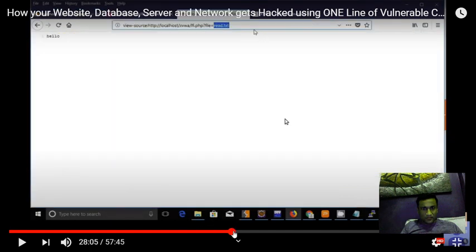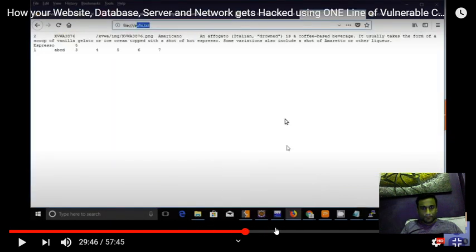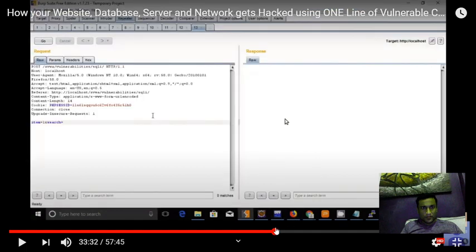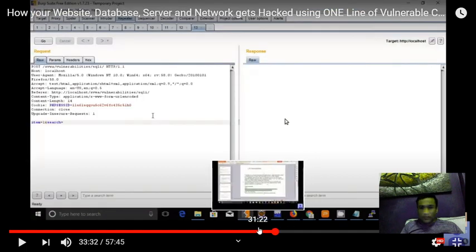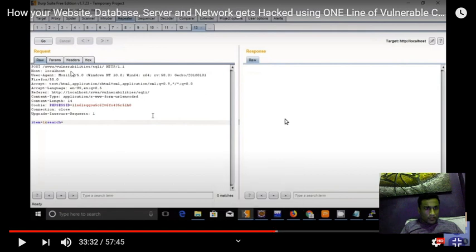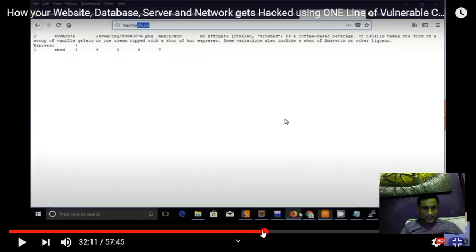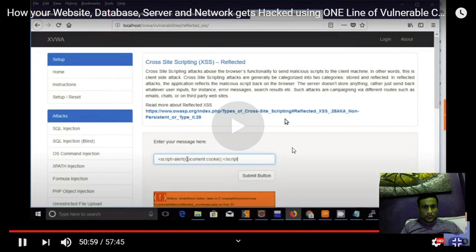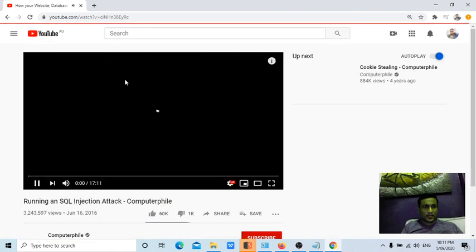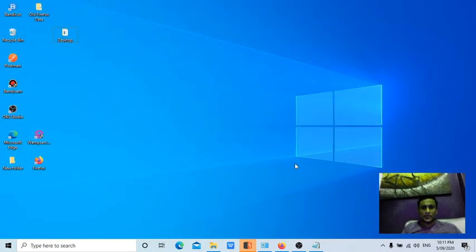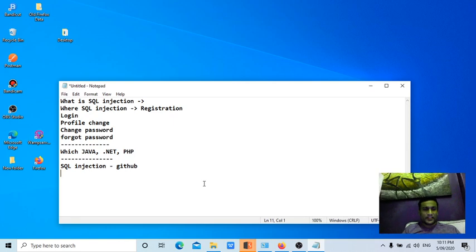We are checking for something. Okay, yeah, so I was checking the XVWA application for SQL injection on a particular parameter, guys. From the 38th minute 30 seconds, I covered in depth how, using SQL injection, an attacker can read the records from the database, all the records.